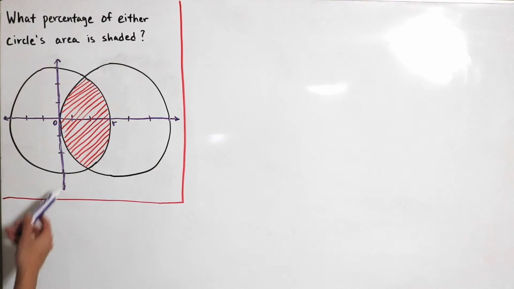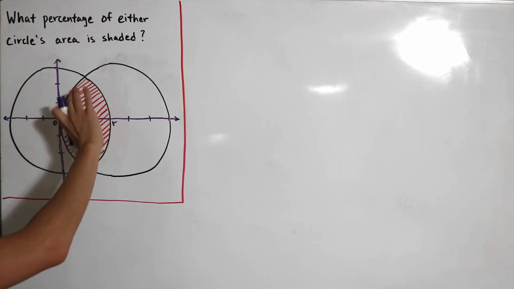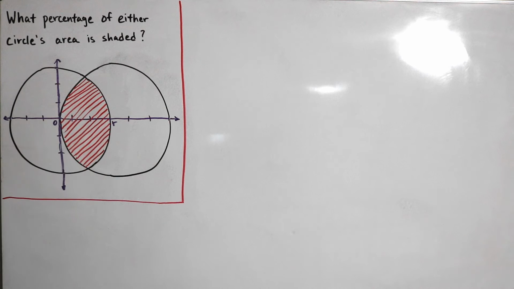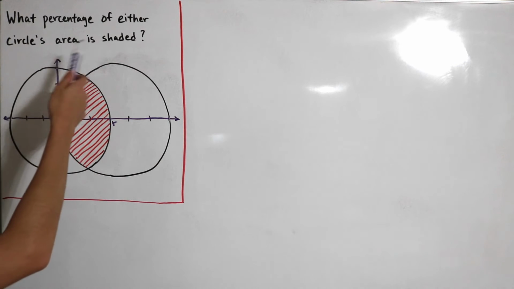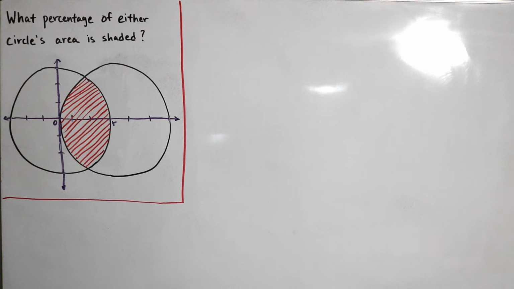Okay, so we see that we have two circles. They intersect each other such that the intersection here is shaded. And of course, we're given the question on what is the percentage and how we're supposed to do this. So I said we're going to take this into a calculus approach. So first thing we want to see is that